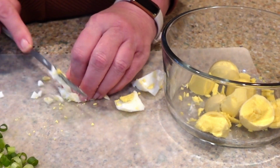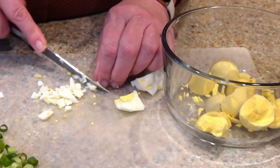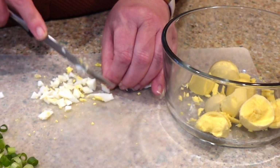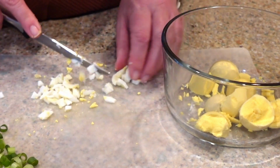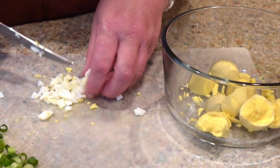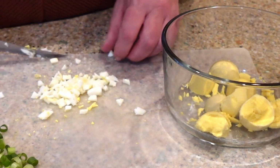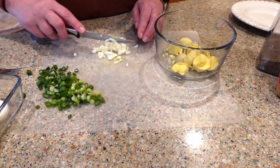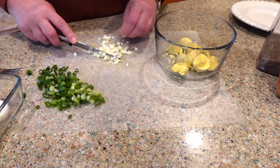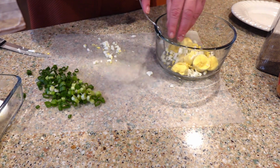You can put it in a chopper or whatever. I just quickly do this. Sometimes if I have the whole egg, this was pretty small, I'll put it in an egg slicer and slice it diagonally and then horizontally, and it cuts it up nice. And then I'll just do a quick chop over. Okay, so I am just going to go ahead and put this in my bowl,